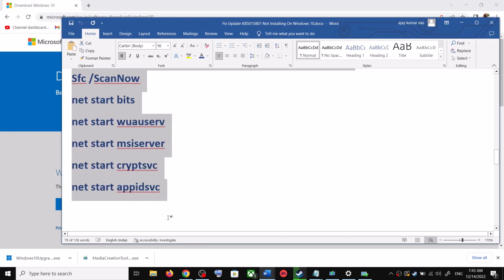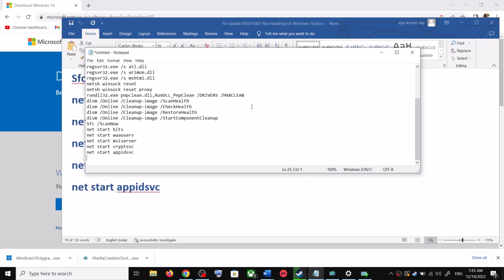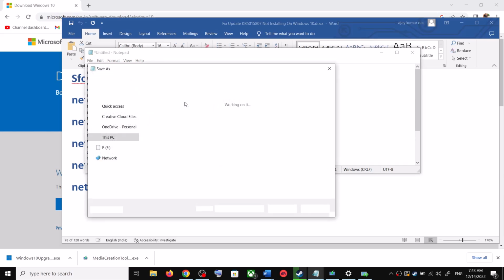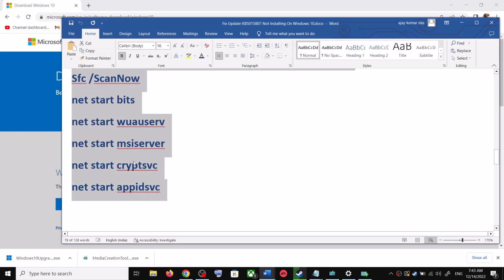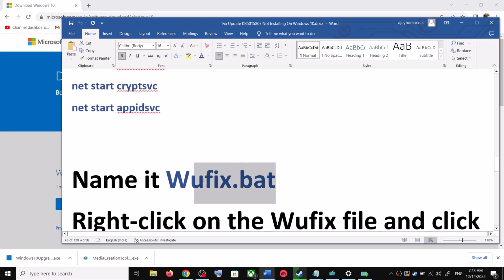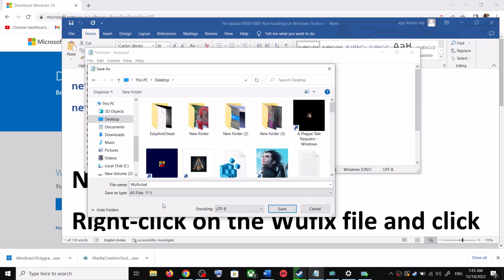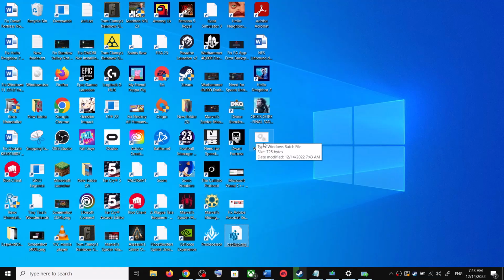and open Notepad on your computer. So type in Notepad in Windows search box and then open Notepad. Paste all the command over here. Now go to file, then click on save as. You can set the location at desktop and then name this file as wuauserv.bat. And for save as type, select all files. Now click on save. Now go to desktop, make a right click on wuauserv.bat file, make a right click and